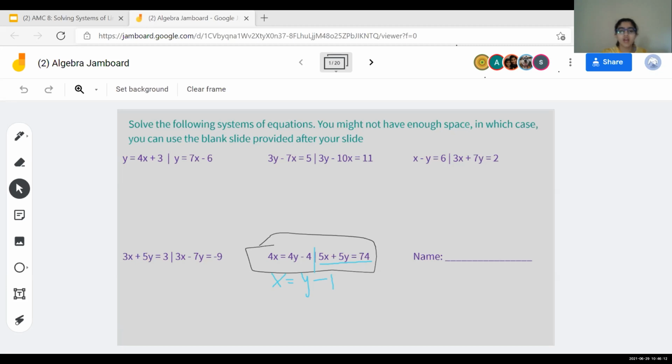When you do something on one of the equations, you don't necessarily have to do it on the other, because you have already made an equation that is just this rephrased, or in a different format. So this is just a form of this, and the way we get this doesn't mean we have to do that same thing to this side. I don't think that explanation was good, so